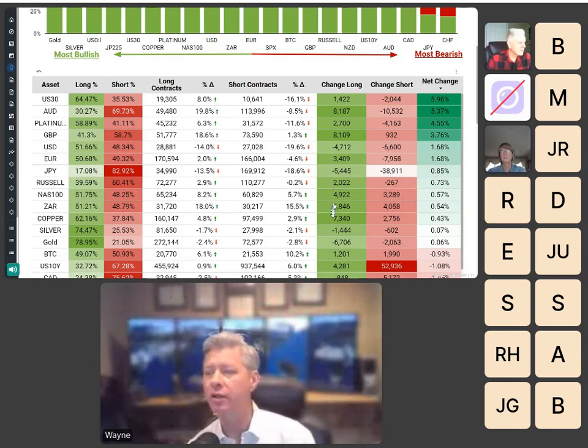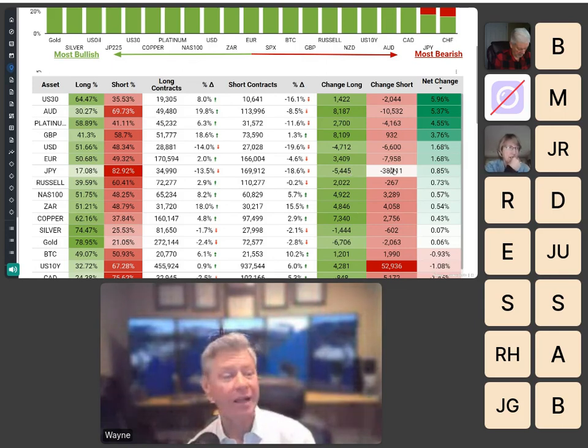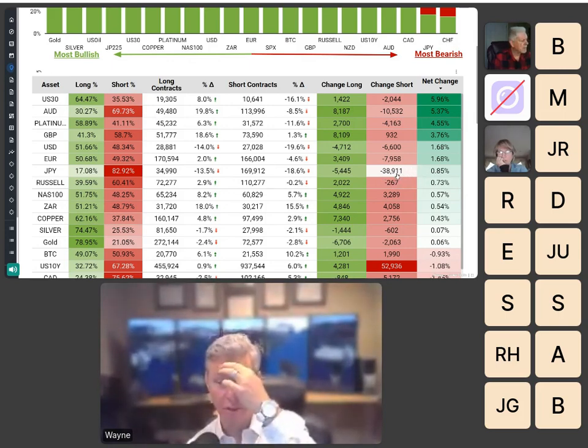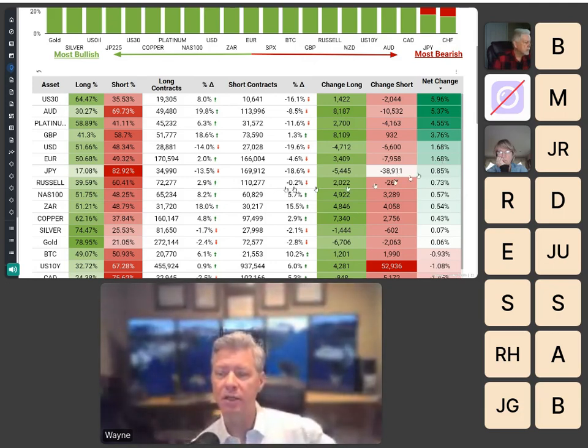But what's going on here? Nobody's buying yen. In fact, we lost 5,000 bulls, but we lost a lot of people last week. They're not participating in the game. They're supposed to be shorting. This should be a positive number. Well, that explains it flat. But the market is getting thinner, isn't it?